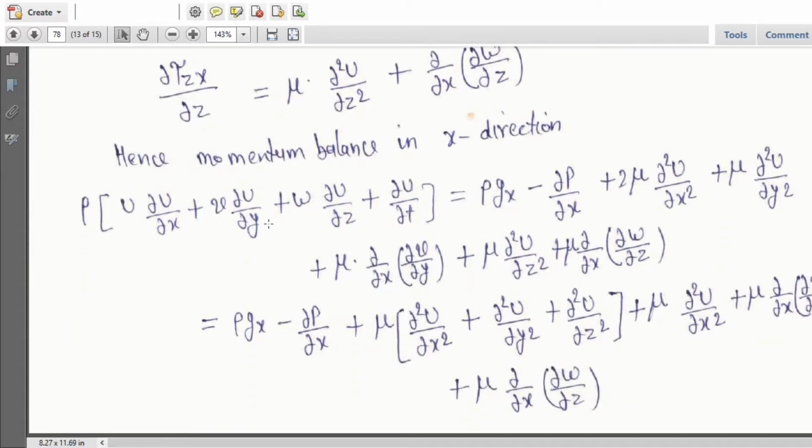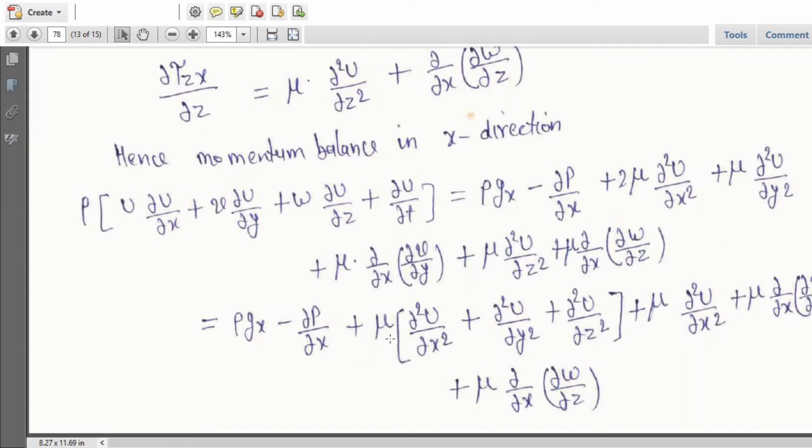This is minus rho gx minus del p upon del x plus 2 mu del square u upon del x square plus mu del square u upon del y square plus mu del upon del x del v upon del y plus mu del square u upon del z square plus mu del upon del x del w upon del z. So we can arrange the terms into these formats: minus del p upon del x plus rho gx